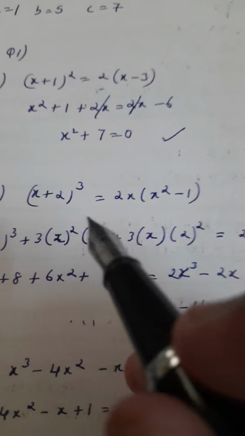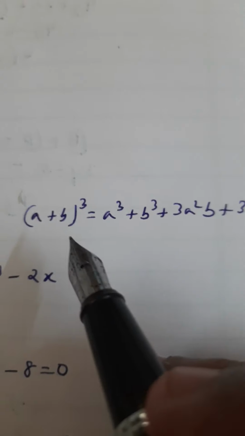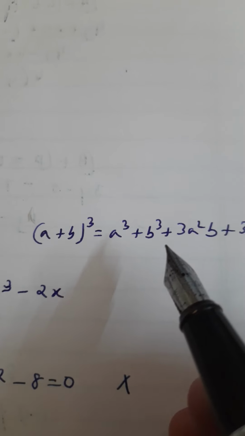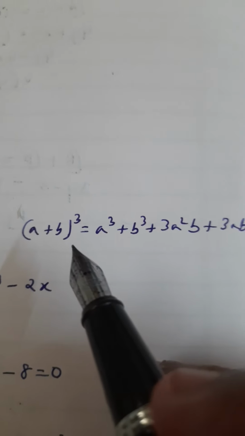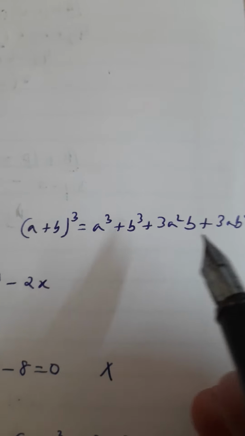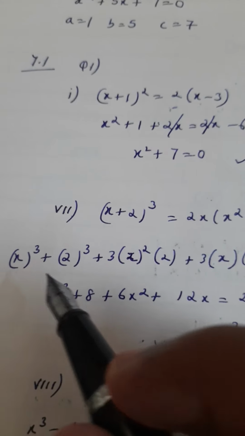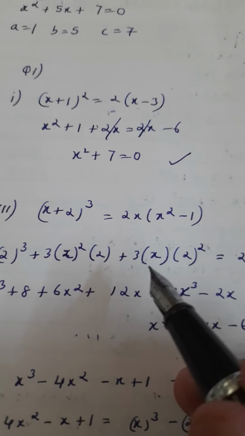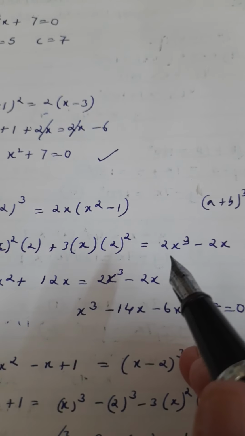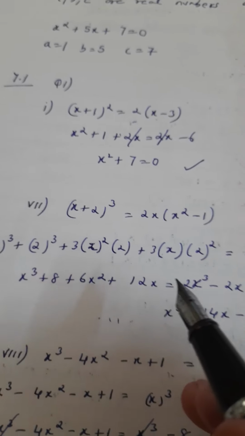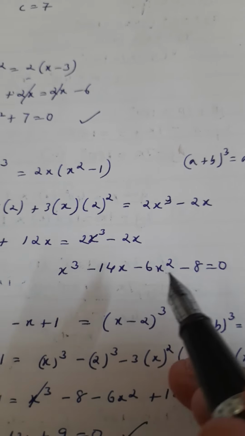Now in the cube, class 9 you have done this identity. If you have forgotten, then please make a note here. A plus b whole cube is a cube plus b cube plus 3a square b plus 3ab square. This is the identity which you have to apply here. This you have done in class 8 in polynomial chapter. Now a plus b whole cube, I am using that identity here. A cube, b cube, 3a square b, 3ab square. I am opening this bracket, 2x cube minus 2x. Then you are solving this, bringing everything on one side, and you are getting this polynomial equal to 0.